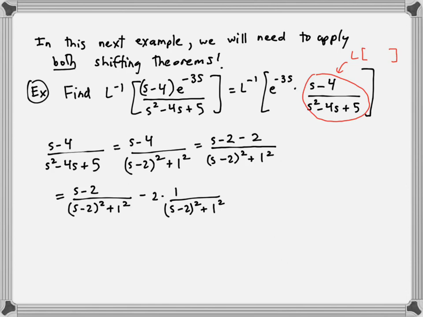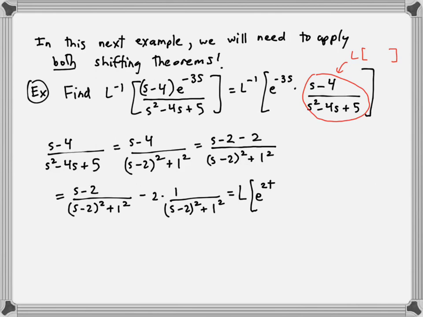If we use our Laplace table, we can see that the one on the left is going to be cosine and the one on the right is going to be sine. Okay, however, it's not quite right because we have to use the shifting theorems, right? We've shifted this over by 2 spaces, and so this is the first shifting theorem. So what is this equal to then? This is equal to the Laplace of